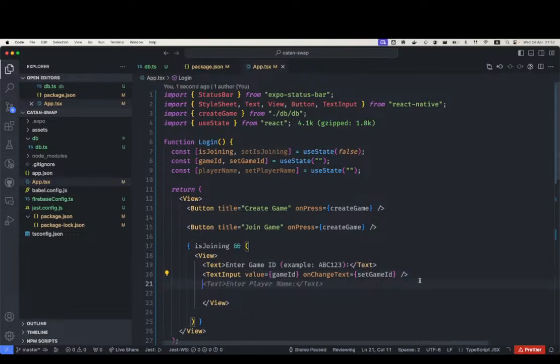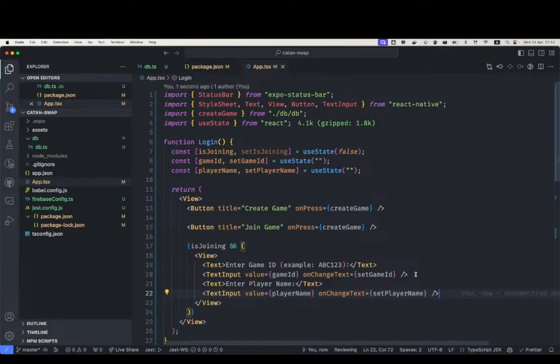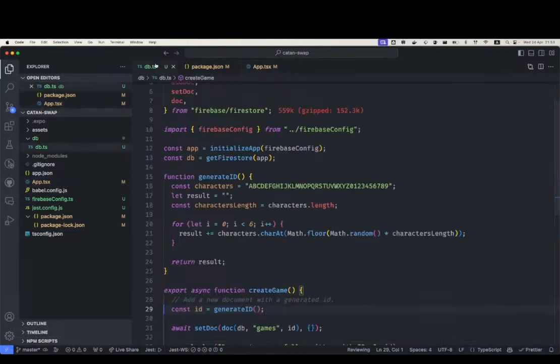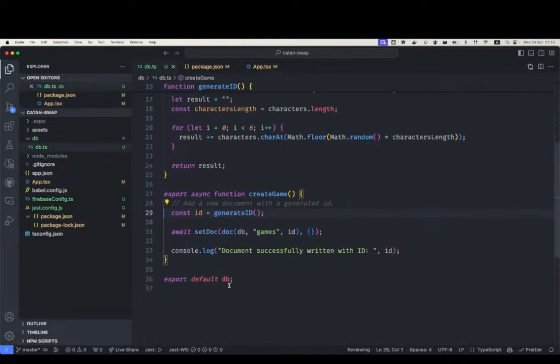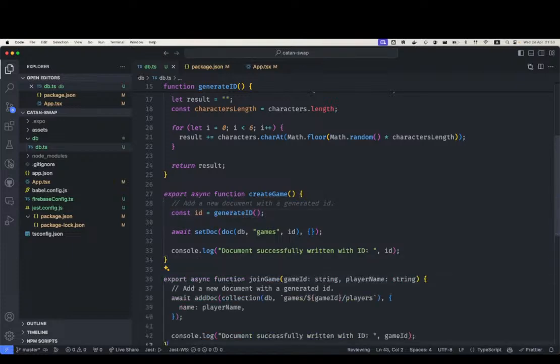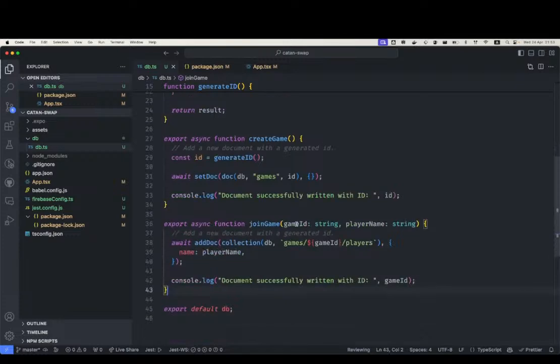Okay, now same thing for player name. Okay, and then we want a submit button. Okay, and on press, we're going to be doing join game. Thank you, Copilot. Game ID, player name. Okay, so